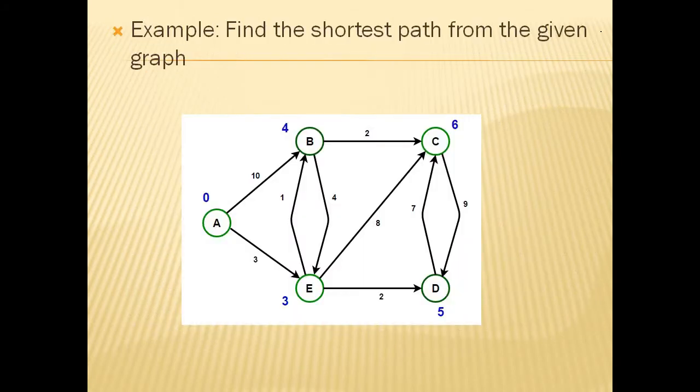So here we'll discuss with one example. We'll find the distance to travel from one vertex to another vertex. And here we'll maintain one queue, to mention which are the vertices we visited. So this is an example to find the shortest path on the given graph using Dijkstra's algorithm. Here first we can start with A, and the distance is 0, and we'll mark the remaining distances with infinity. So this is a starting point which we do.